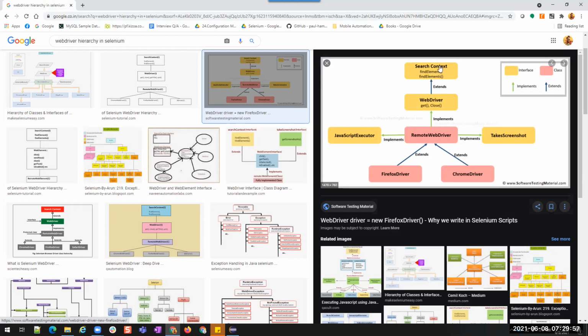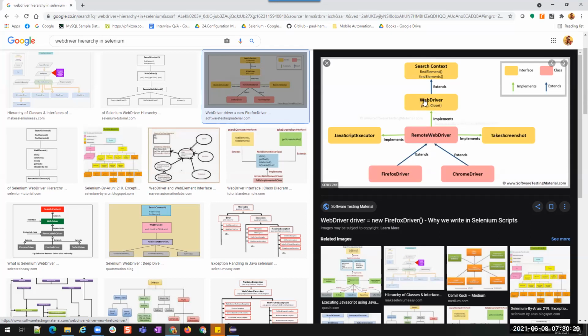This SearchContext is extended by WebDriver. This is also an interface, where the browser related methods are present, like the get method that we have used for opening a browser, and if you want to close your browser, you can use another, and we have a few similar methods like this. Browser navigation, browser refreshing. All such WebDriver browser related methods are present inside.